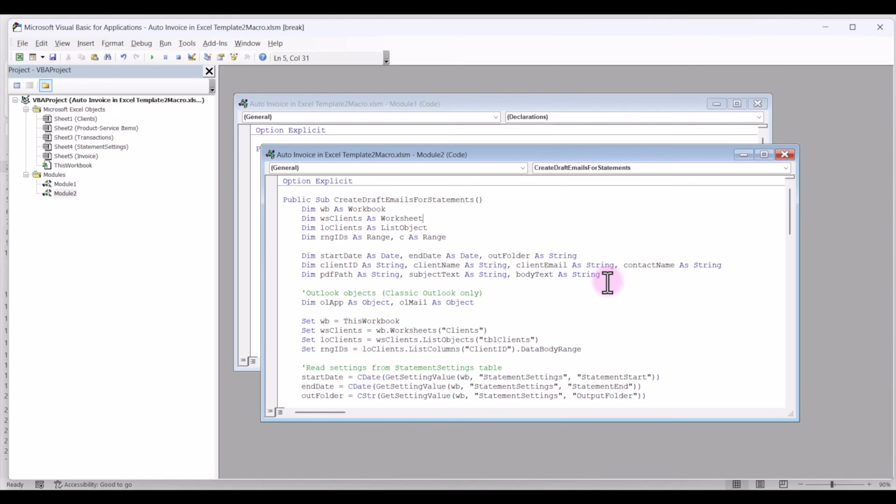Now, a good sample email prompt that you can use for your AI tool if you're using your own template is to ask the AI tool to create an Excel VBA macro that generates Outlook draft emails for each client, attaches the client's PDF report, uses the client email from a table, and saves the messages as drafts. So the key to getting good results is being specific about your sheet names, table names, and cell locations. And if you want your code to do something different than what I'm doing, you can prompt it for that as well. Once you have your code pasted in here, you can click on Save and actually close out of